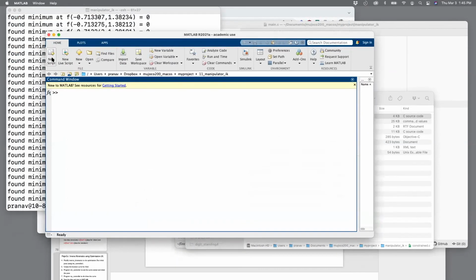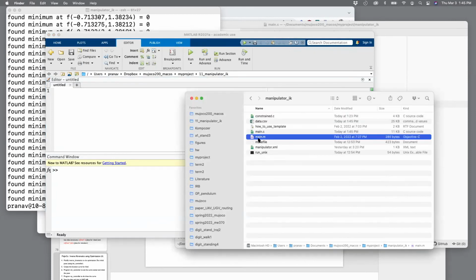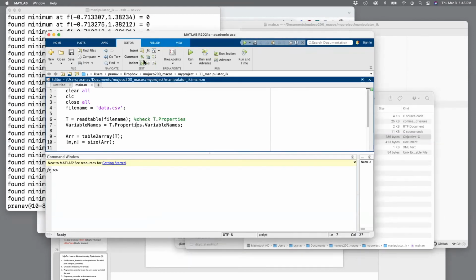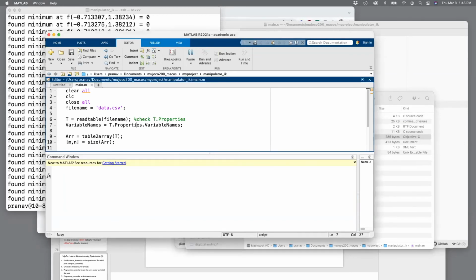So here I already have created main.m. Open that. So if you run this, it should pretty much give you